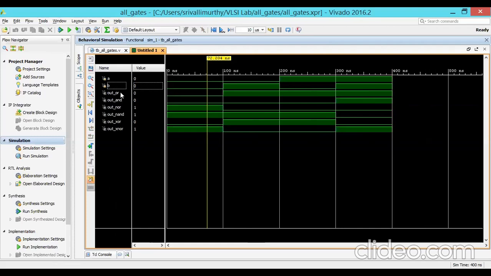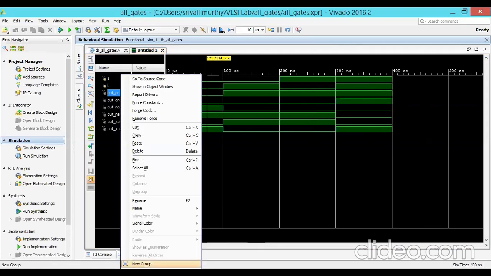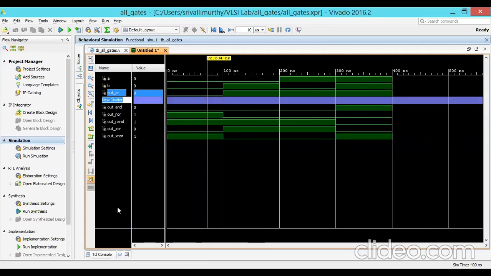So these are the outputs. Right click, new group, no divider.